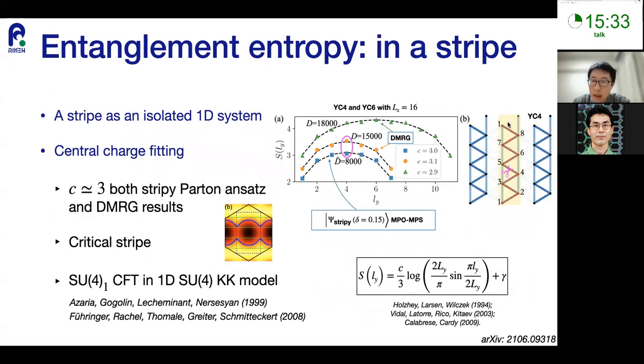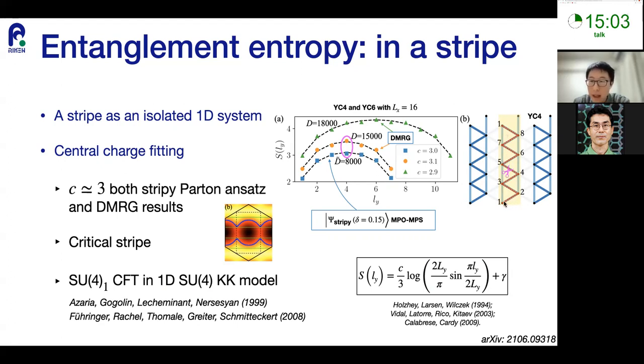Okay, since the entanglement between these strong straps is very weak, we can consider each of these straps as an isolated one-dimensional system. And we can even directly take out this segment of MPS to consider as the state of this